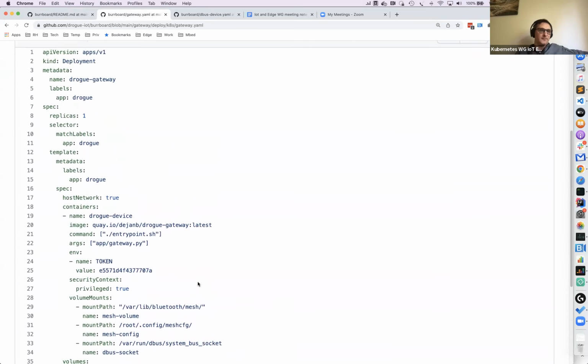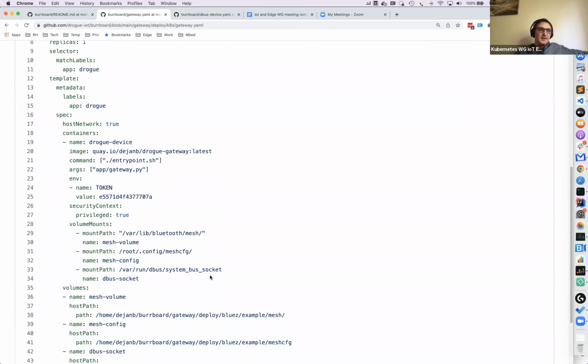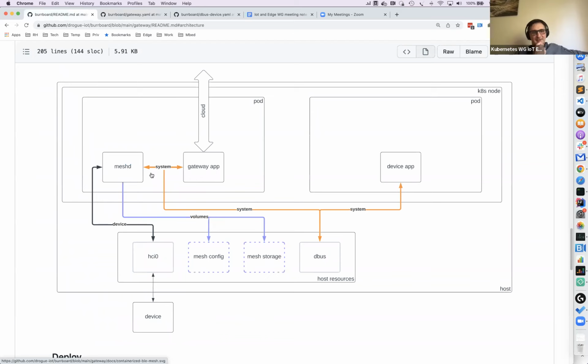This is the deployment of, for example, the gateway service. The entry point will start the local mesh daemon. I was experimenting a lot with where each of these things should live. You can easily start the mesh daemon even on the host and just keep all the state outside of the containers.